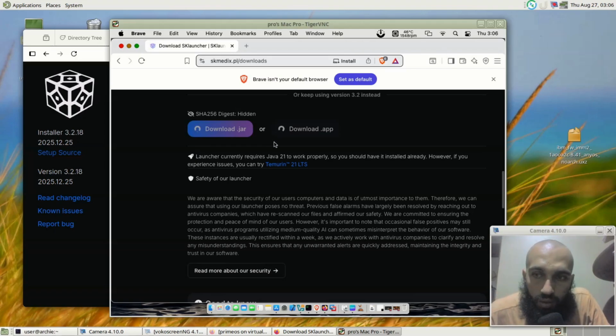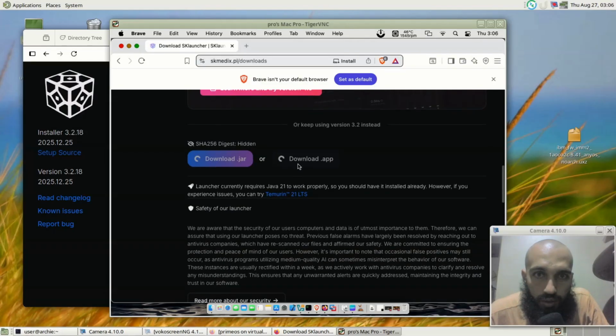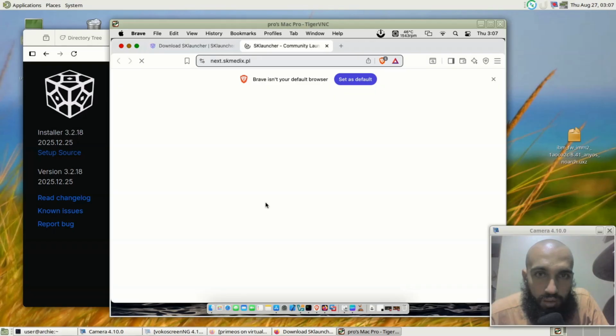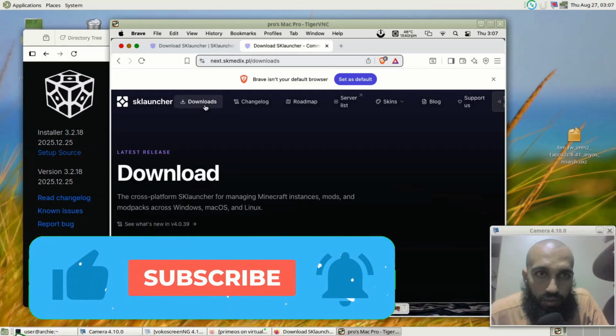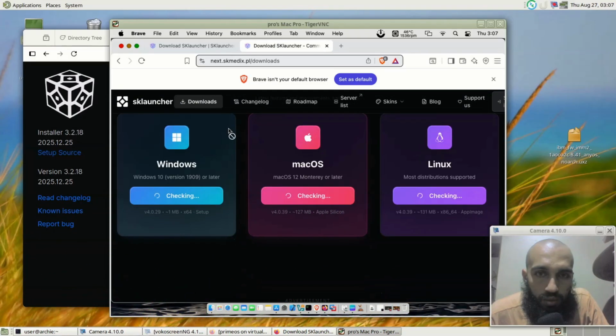I want to install SKLauncher on macOS, but it keeps loading like this. I don't know what's wrong. Let's try the beta version. Downloads. Scroll down. Yes, it's checking, and it probably requires Apple Silicon. If it is not the